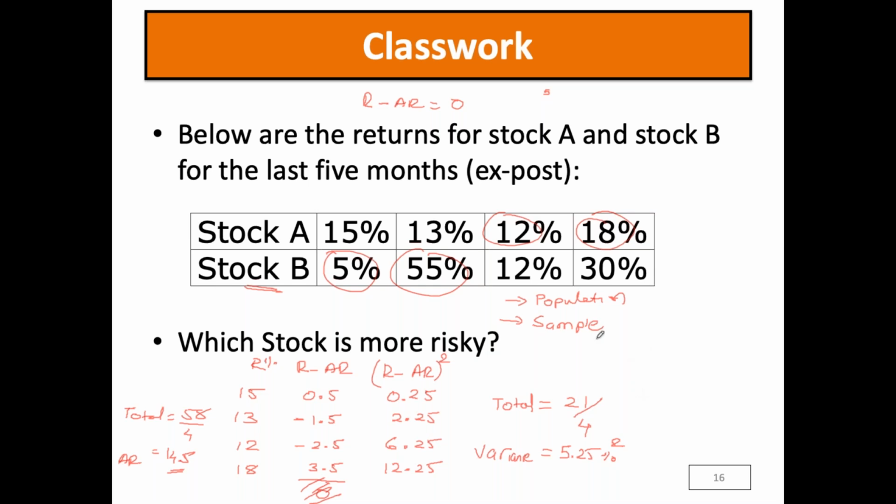Okay. So if I'm using sample data, then what happens is कि मुझे एक error term देना पड़ेगा because of using the sample. So more often than not, you'll find out it is 4 minus 1. So minus 1